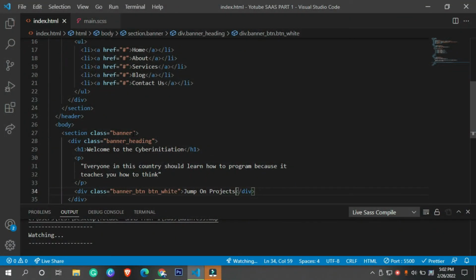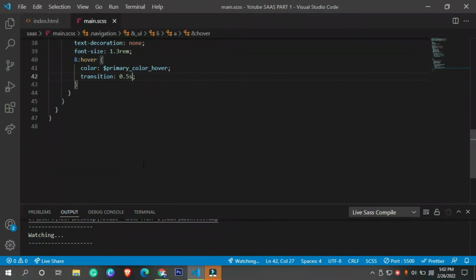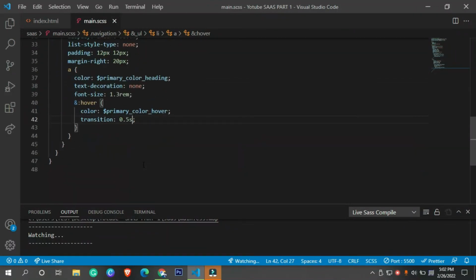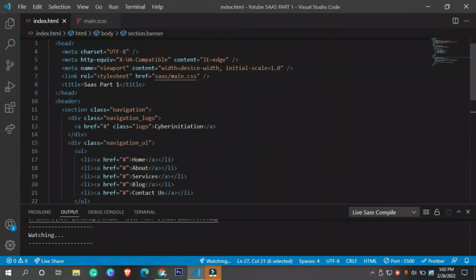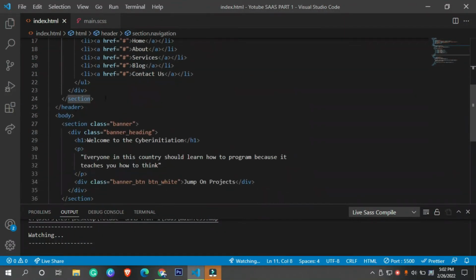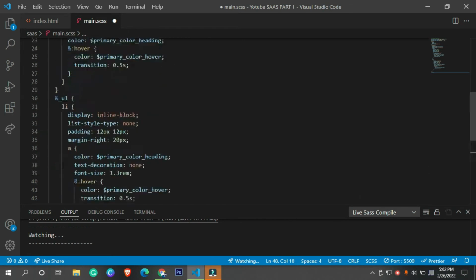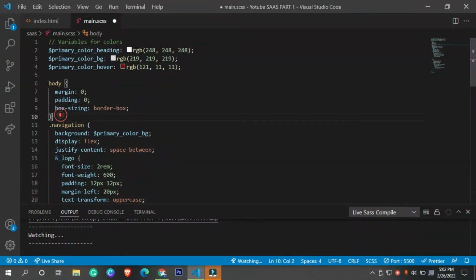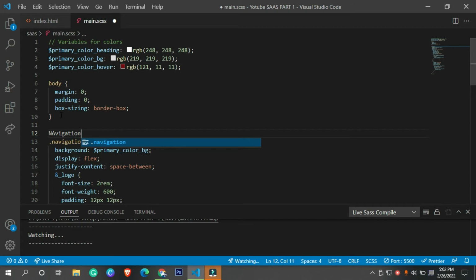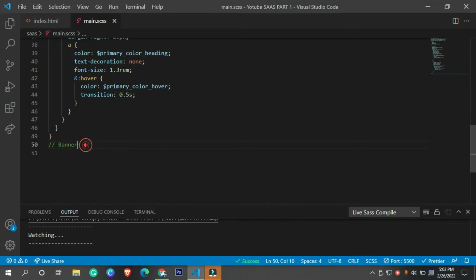Now we need to take all of these things into the middle. So let's target this banner class, and this section is entirely different from the above one. So we need to leave our code base and move on to the next place. So I'm going to comment it out. So let's say banner, we have the banner code from here, and the navigation code from here. After this I'm going to have this banner section code.